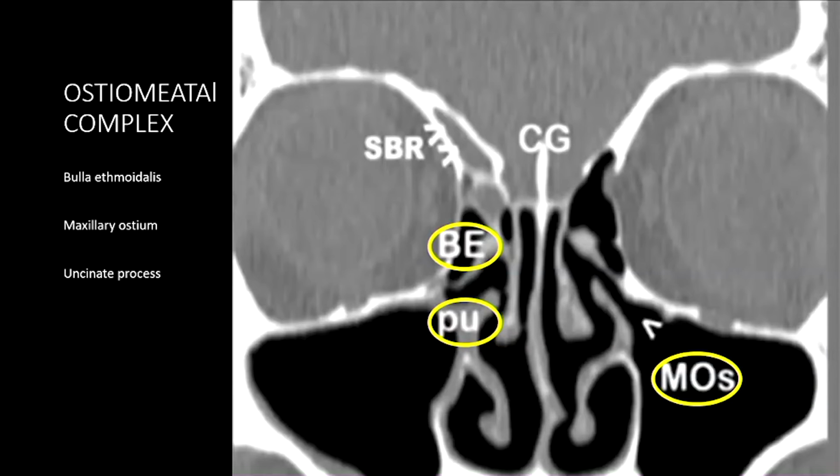This is a maxillary sinus ostium, so it's a hole by which the maxillary sinus will drain into the nasal cavity. But you can see that there are a lot of structures that surround it, and you can imagine if they get swollen by inflammation, then they'll block that pathway off. So in the most limited form of endoscopic sinus surgery, we concentrate on this area, and it relieves a lot of patients'